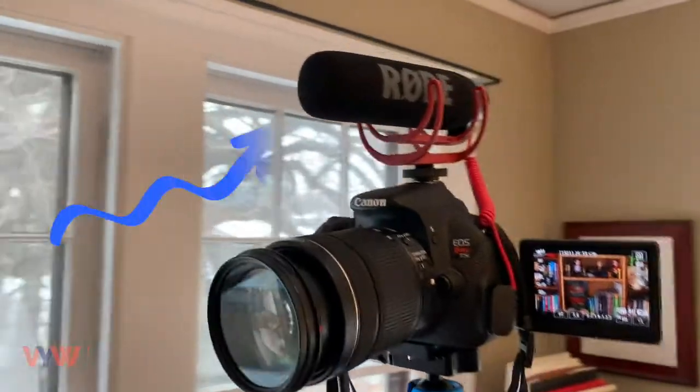A peek behind the curtain, I have used a bunch of different microphones over the years. I've used the directional mic that's on the top of my camera. I've used lavalier microphones before. These are the ones that just clip to your shirt. I've used my USB microphone that I often use for podcasting. And when I'm in especially dire straits, sometimes I will just use the mic that's on my cell phone. It's actually pretty good. So to give you a sense of what some of the differences sound like,